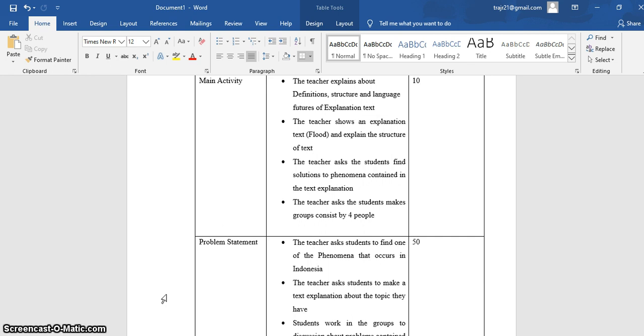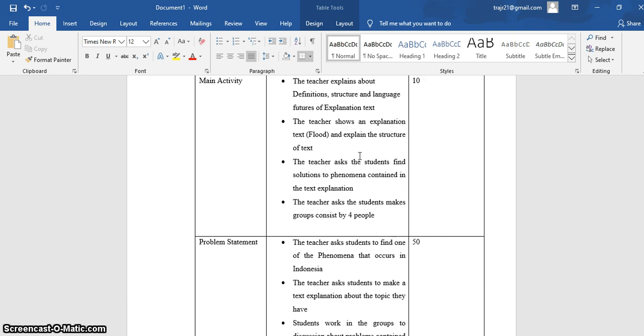The text used in this teaching has the title Flood, and they explain the structure of the text. And then the teacher asks the students to find solutions to phenomena contained in the explanation text, and then the teacher asks the students to make groups consisting of four people,